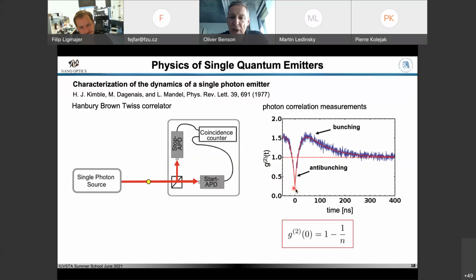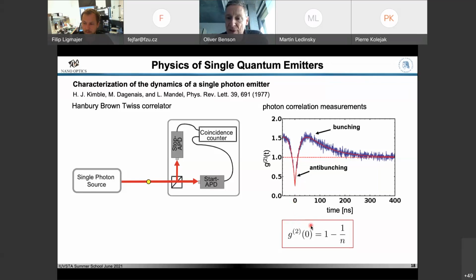And the clear feature that you look at is the coincidence. And you see here for this kind of source, the number of coincidences, so the coincidence counts so that the two detectors detect at the same time, goes nearly down to 0. And this is basically accepted as a proof that you have a light emission from a single quantum object. So only one quantum is emitted at a time, and the two detectors can never click at the same time. And you can also find a very simple analytic expression for, in a sense, the probability that these two detectors click at the same time.